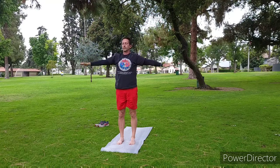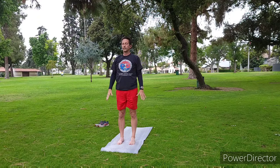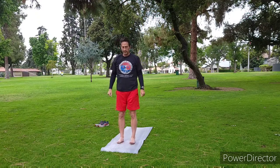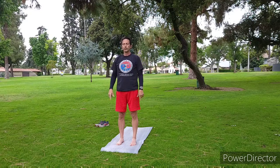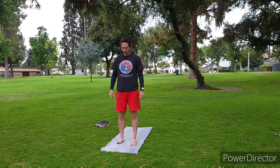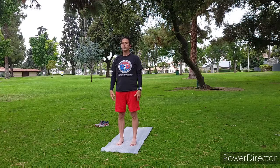And breathe out. All right, so that's kind of the first little opening set that we do before we get into the second set, I guess. All right, so we're going to go through and do that first set, and then from downward dog we're going to go into some other relatively simple poses. All right, so let's breathe in,